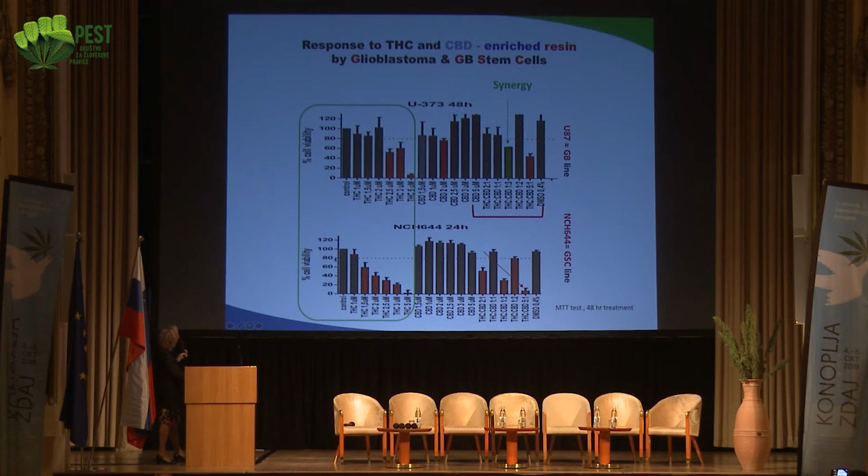And we have perhaps seen that THC may really be more efficient for glioblastoma stem cells, which is great news because, as I told you before, these cells are the most resistant to all the therapies. Here, it looks like CBD doesn't do much to either of the two. Then we put them together and changed the ratio between the two, and we have seen a kind of synergistic effect in the glioblastoma line as well as in the glioblastoma stem cell line.